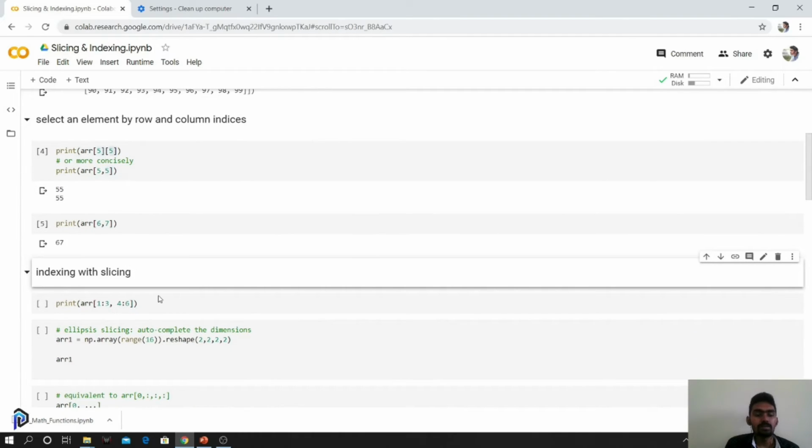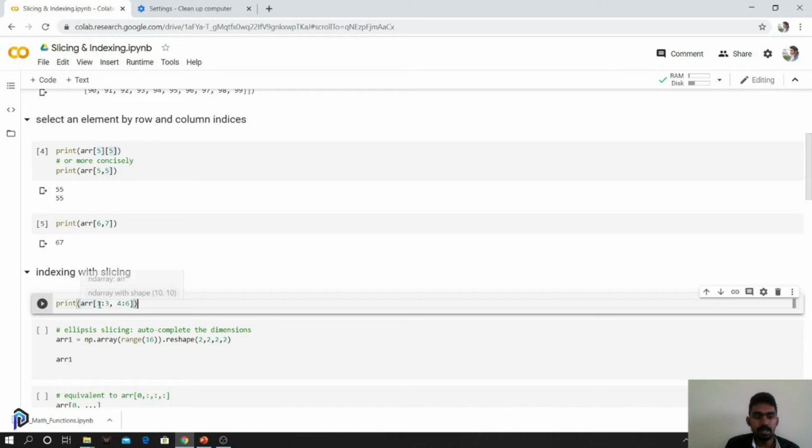If you want to access more than one element, a range of elements, you can use the colon to specify the start and end range. But one thing you have to remember is the end of the range is not included. So what this does is it takes the array from index 1, and includes 1 and 2.